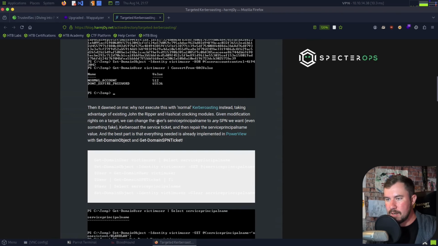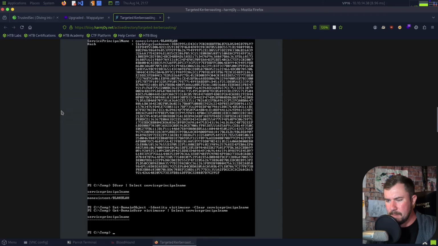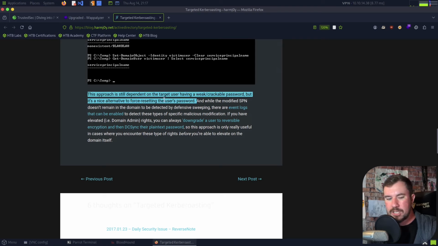Looking through this blog, obviously looks very bad, but either attack should work. And here's the key, and this is what I mentioned when I pulled it up. This does depend on the target user having a weak or crackable password, but it's a nice alternative to force resetting the user's password. I would say, and I'm actually curious for those of you in the live stream who do pen testing,